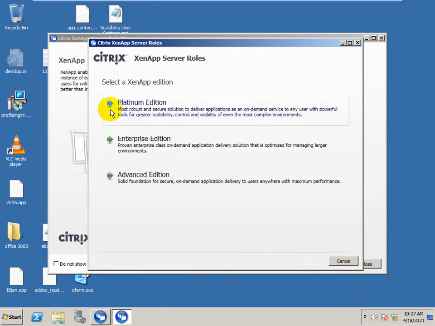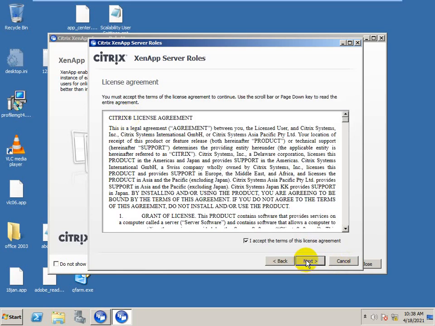You can see there are three editions in 6.5 or 7.6: Platinum, Enterprise, and Advanced. Advanced is with the minimum package. Platinum is fully loaded. With Platinum you get the HDX site bundle, which is free of cost, and I need to select this.